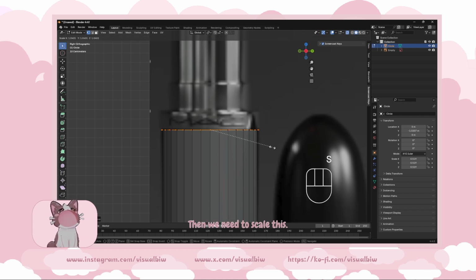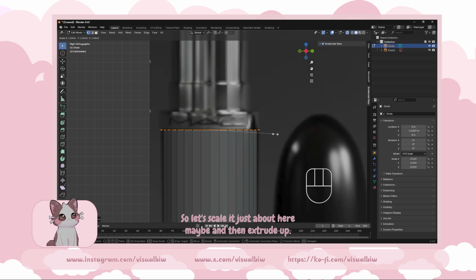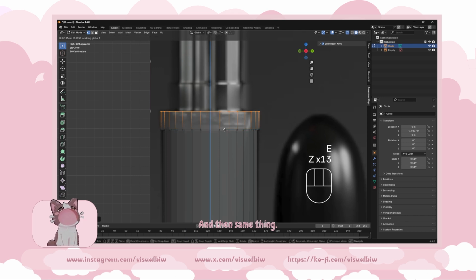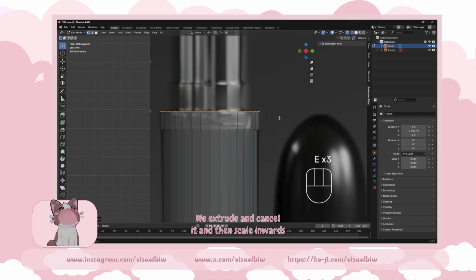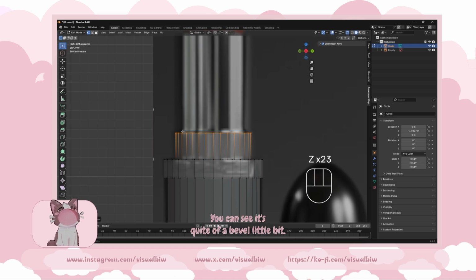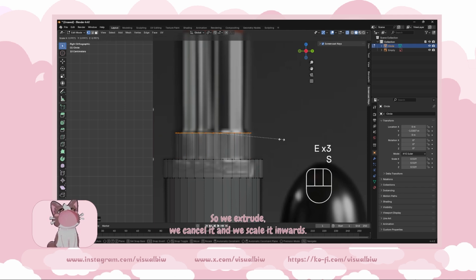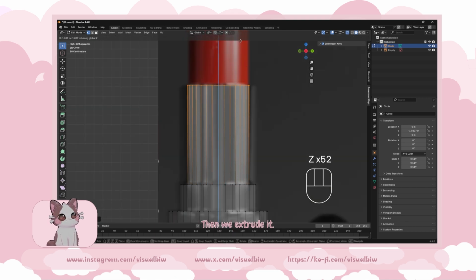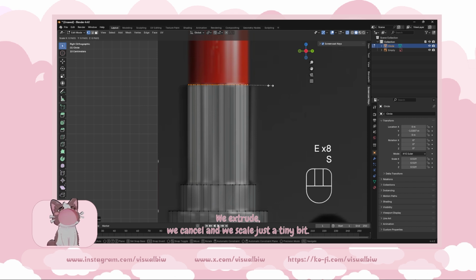Then we need to scale this, and as you can see, it's not scaling all of it, it's just scaling what we just extruded. So let's scale it just about here maybe, and then extrude up, and same thing. We extrude and cancel it, and then scale inwards, and then extrude up, and same thing. You can see it's quite of a bevel. There's like a gap in here, it's not all the way straight. So same thing, we extrude, we cancel it, and we scale it inwards, and then we extrude it. We extrude, we cancel, and we scale just a tiny bit,